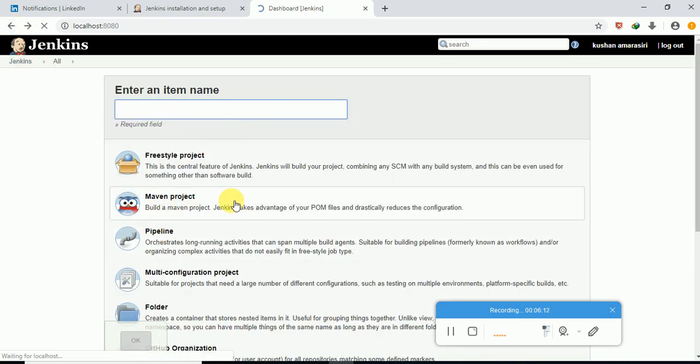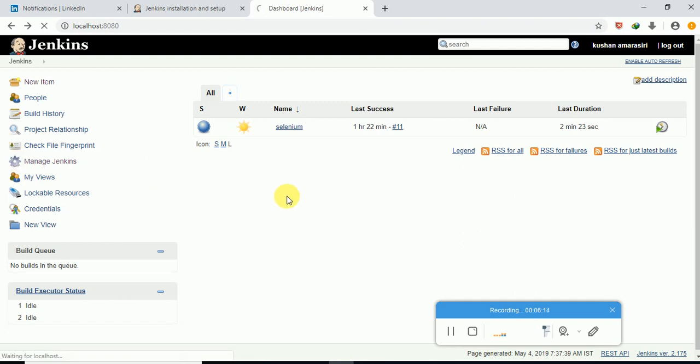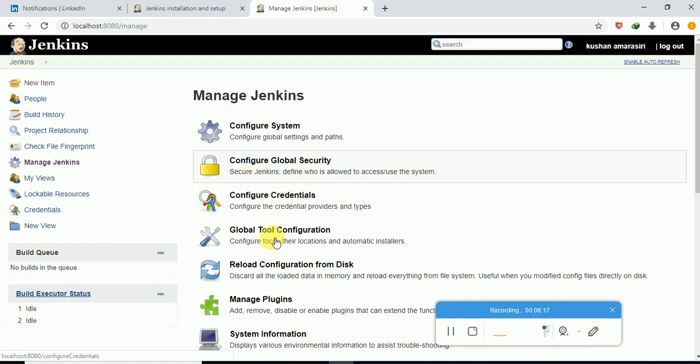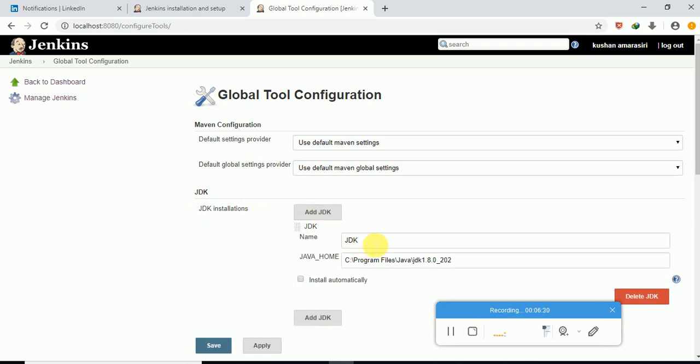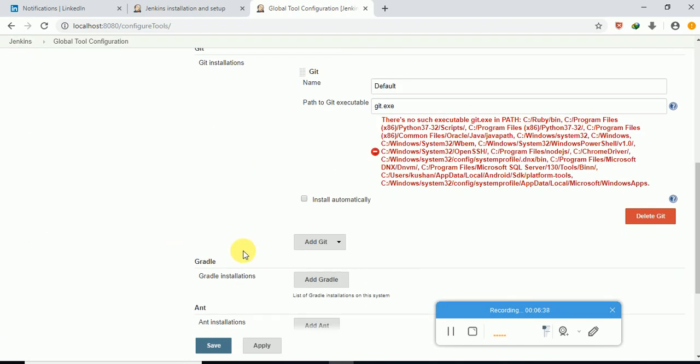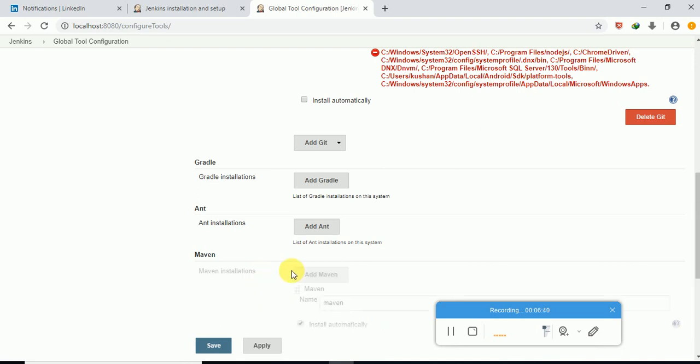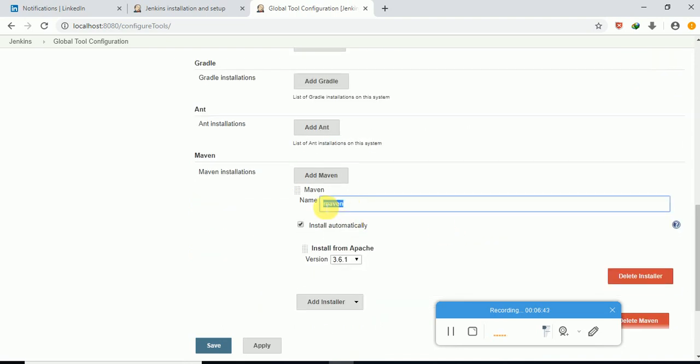Before that, in order to run, also go to Manage Jenkins, go to Global Tool Configuration, and go to JDK installation. Specify your JDK, where your JDK is on the machine which runs Jenkins. So this is my path, and also specify the Maven installation. I have put the name Maven, install from Apache, version 3.6.1. Once all this is done,